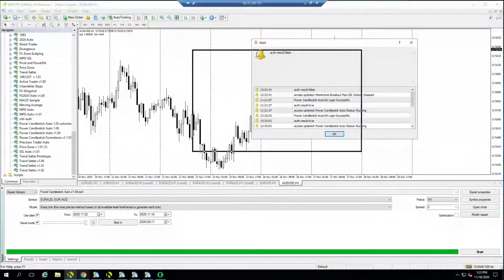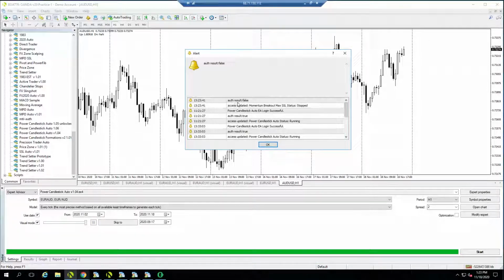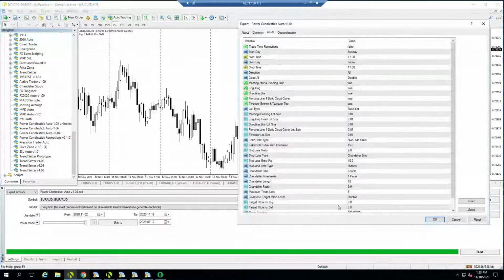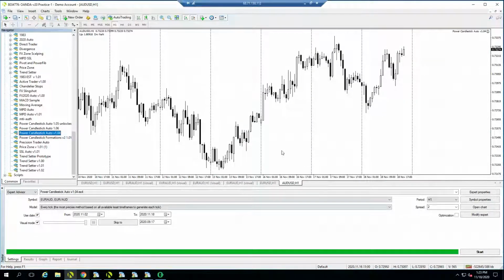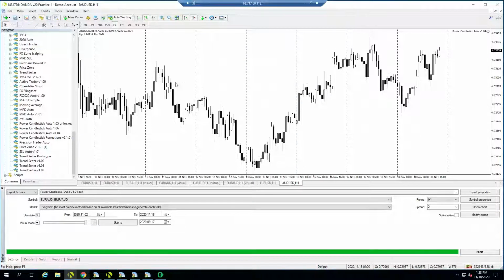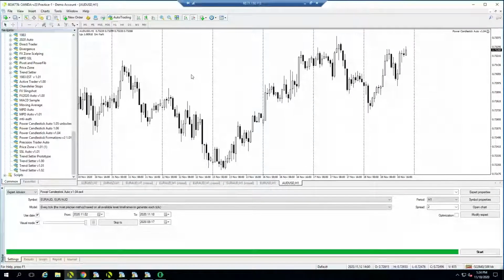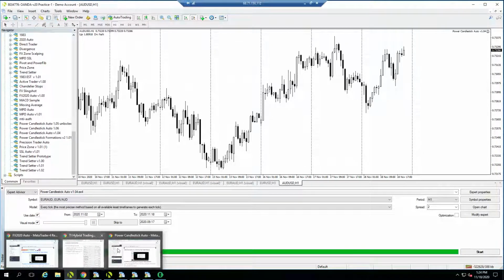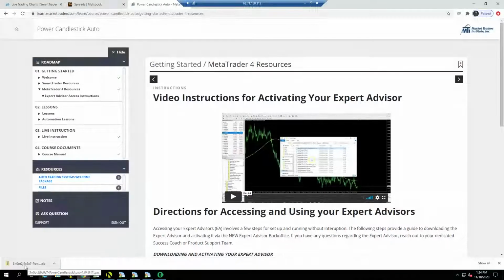So if you do not authenticate it or it's on the wrong account, it'll say authentication result false. If it is matched up correctly and you add it, you'll get a little pop-up that'll say authentication result true. All right. So now that I have my expert advisor authenticated, we're now ready to import the zip folder and add it